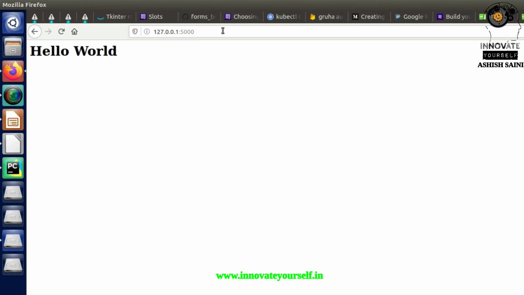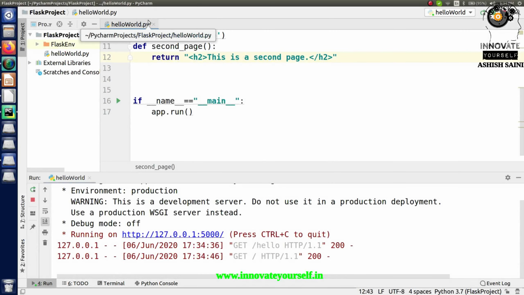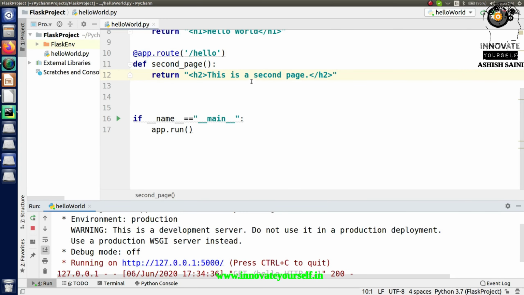And one more thing which I promised to show you in this session: if I only make the changes in here and I don't want to rerun it, how do I do that? Let me show you. For that, let me make a change in here so that you will be able to see the modification. Let's say this is a testing API for routing, right? This is what exactly I'm writing.